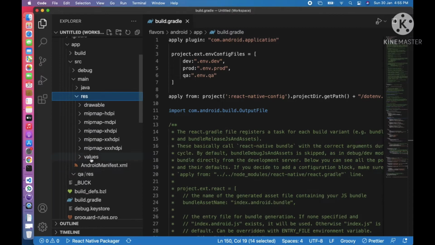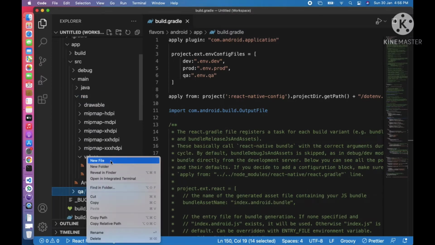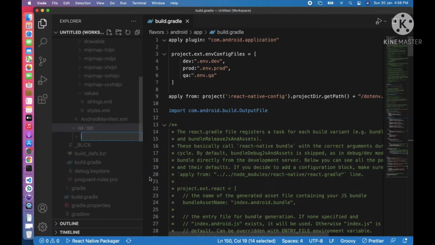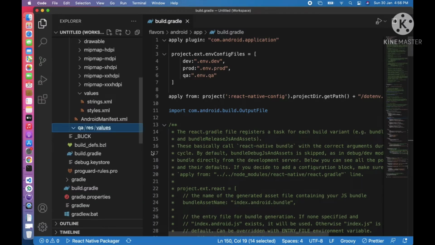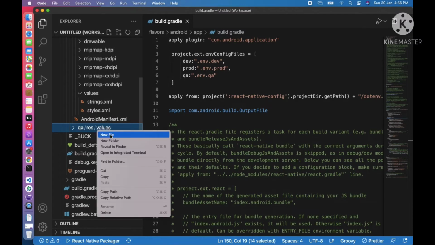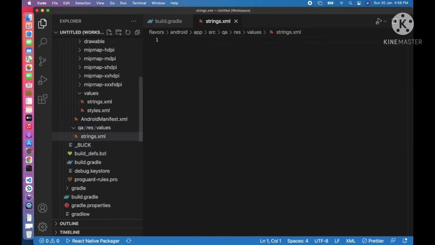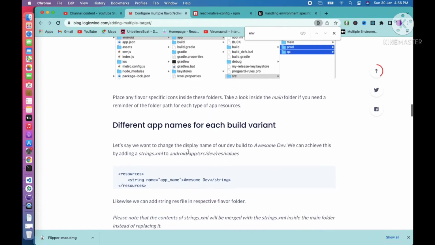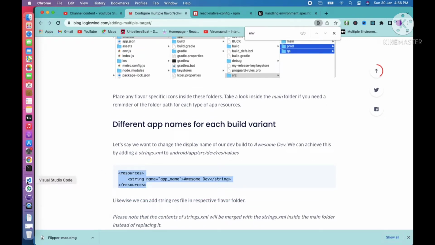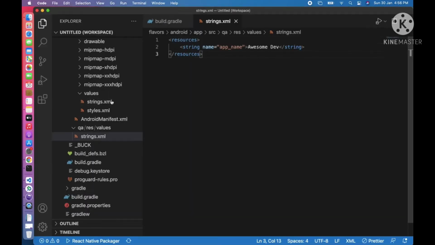Now what we need is values, right? So inside resources I am going to add one more folder, values. Inside this values I am going to add one more file, strings.xml. So this strings.xml file will override the existing file. Okay, so we need to add a different name for different builds. So for QA we need to add here the actual build name, so we can just add